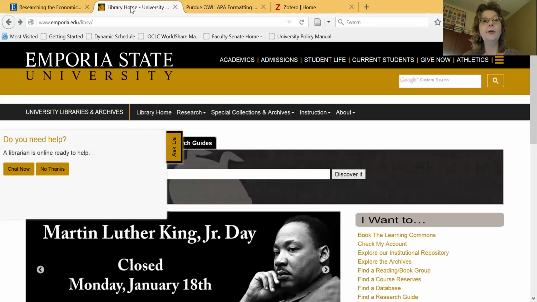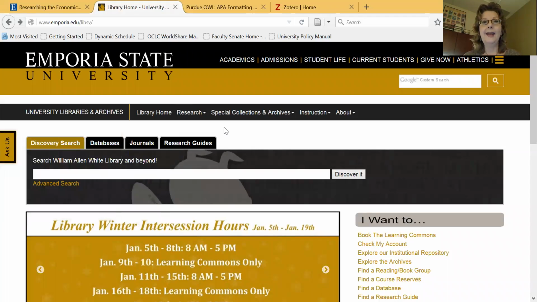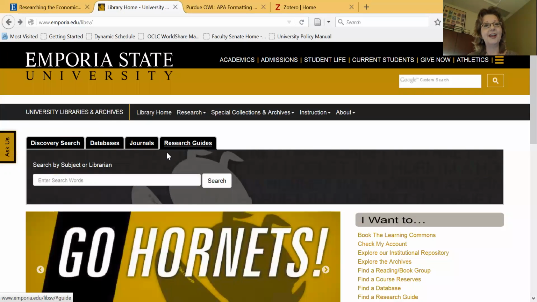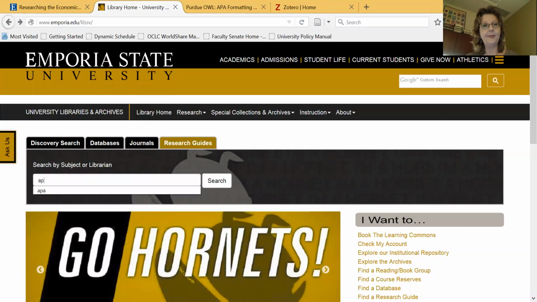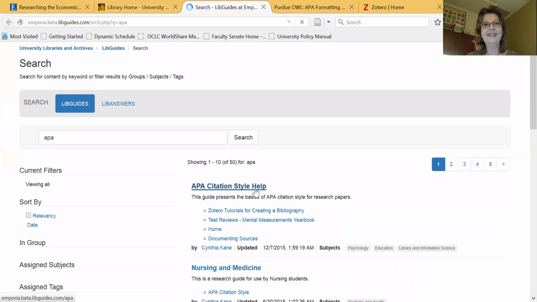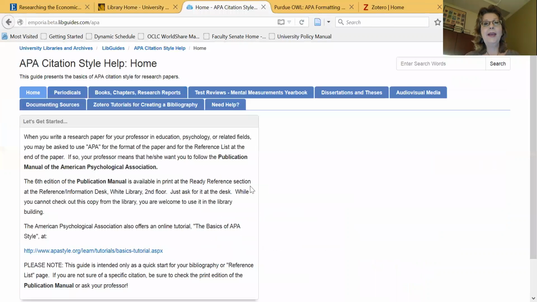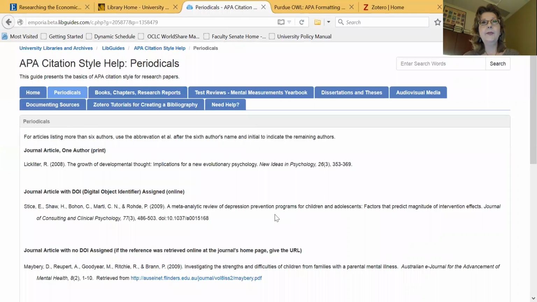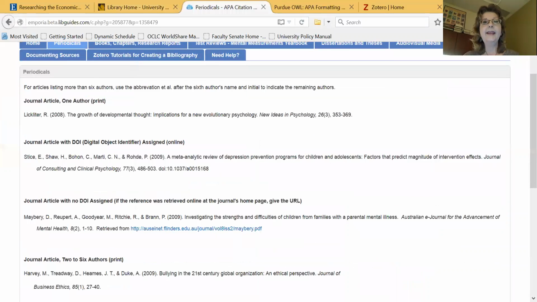So one source is to go to our library's webpage and click on Research Guides and type in APA. And you will be able to find here a research guide that I wrote for APA citation style. This is available at emporia.beta.libguides.com/APA. What I've done here is just giving you some different examples of citing sources or citing references in the